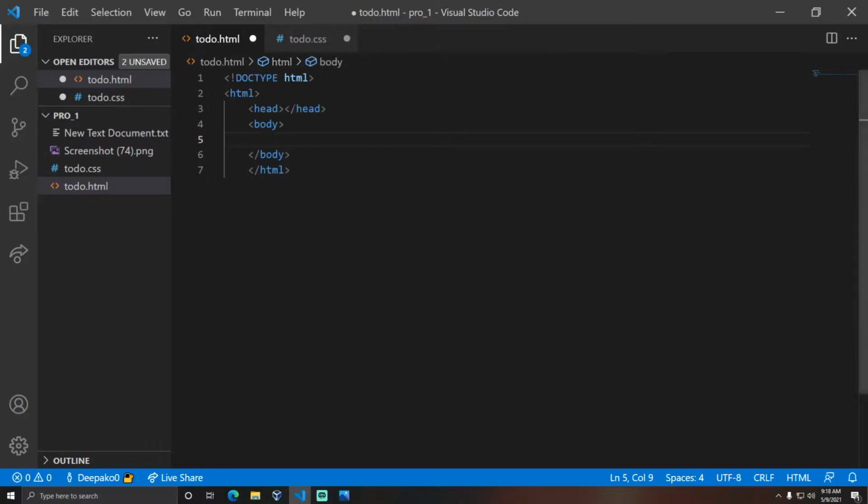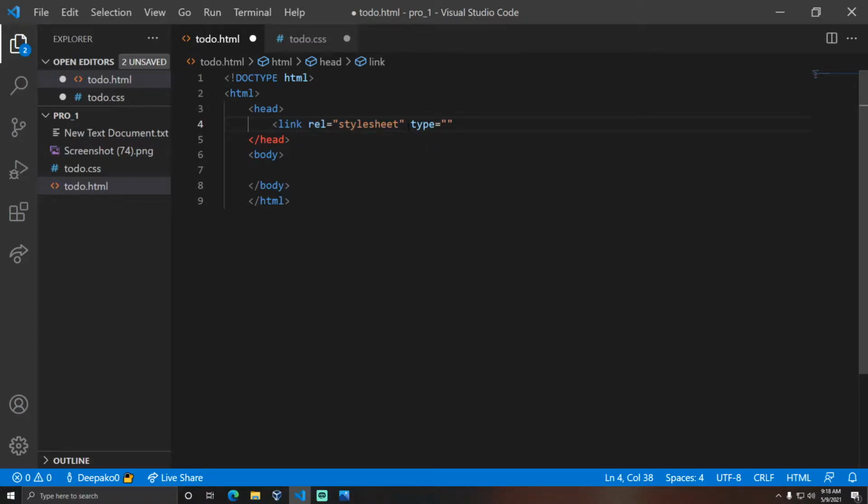The link tag should be placed in the head section. You need to write link, and here you need to mention the rel attribute saying that it is a stylesheet. CSS is nothing but cascading style sheet. We need to mention the relationship for that.